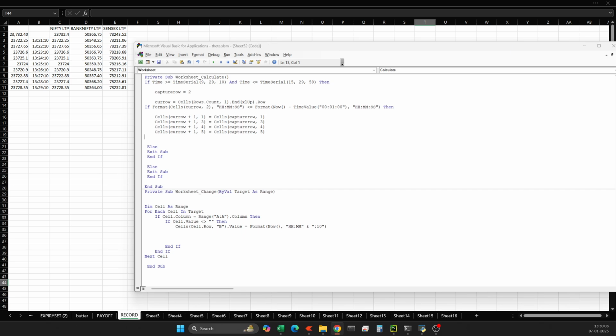2. Finding the last row. CurRow stores the last used row in column A, where new data might be added. VBA: CurRow = Cells(Rows.Count, 1).End(xlUp).Row. 3. Checking data timestamp. The script ensures that new data is recorded only if the last recorded timestamp in column B is older than 3 minutes. VBA: If Format(Cells(CurRow, 2), "HHMMSS") < Format(Now - TimeValue, "HHMMSS")